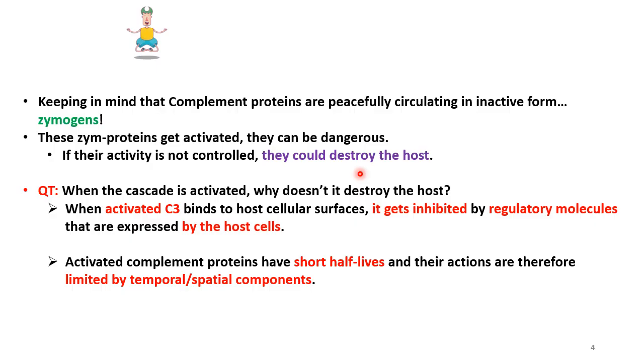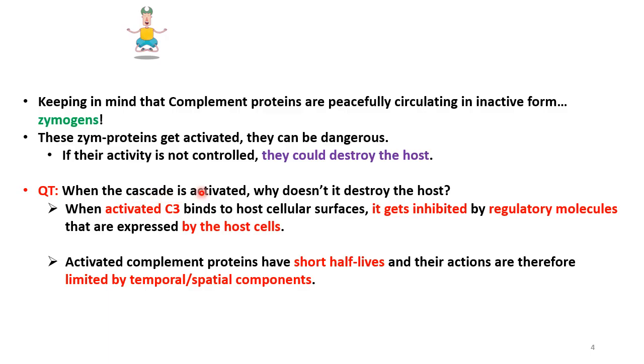If they get activated for no reason, they could cause damage, right? Because once you let loose the cascade path of the complement, you can end up with holes on the cell membrane, with pores that could destroy cells that are part of your own cells, and you don't want to do that, right? So they could destroy the host. So you have several defense mechanisms that are going to prevent damage to your own cells. So the question here,